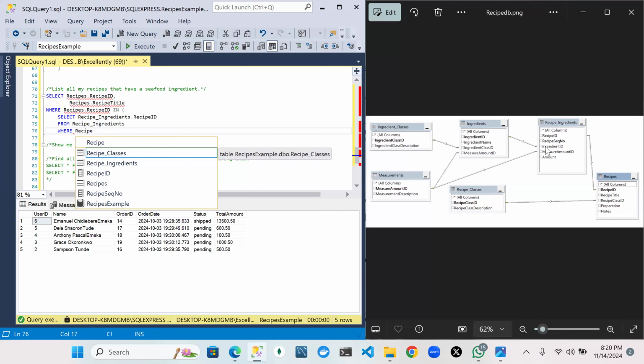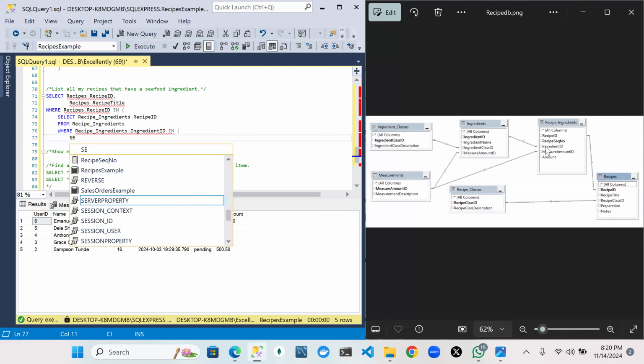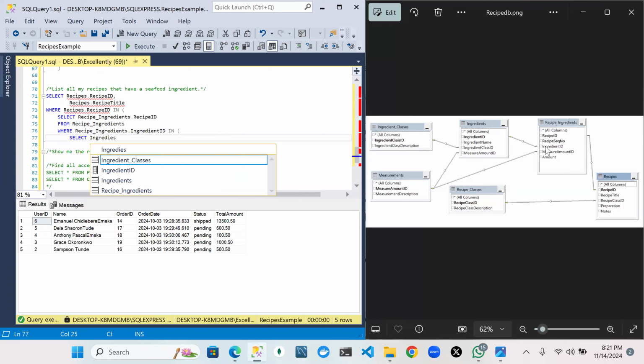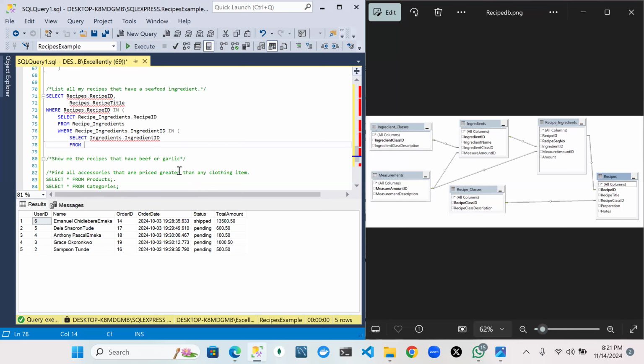Where recipe ingredients dot ingredients ID is in select ingredients dot ingredients ID from ingredients where